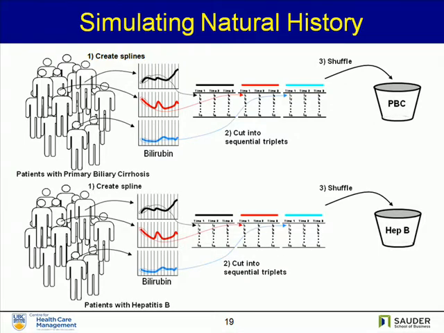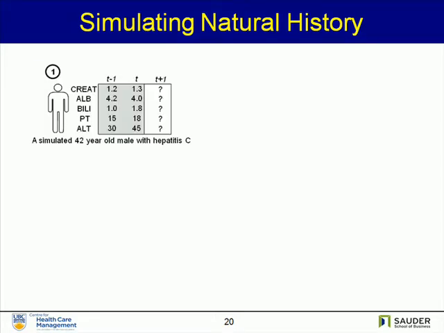For patients with hepatitis B, we would filter out those patients and create splines for them separately, and use this technique to have a hepatitis B bucket with these different time 1, time 2, time 3 transitions shuffled up in there. So in our model, we might have a simulated 42-year-old male patient with hepatitis C,